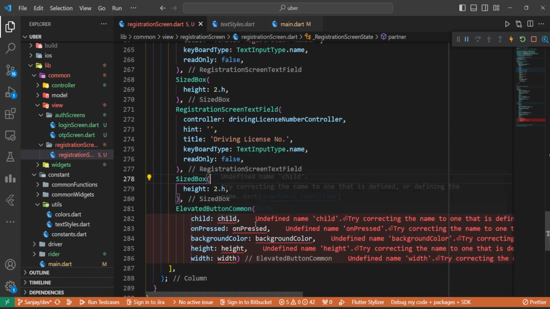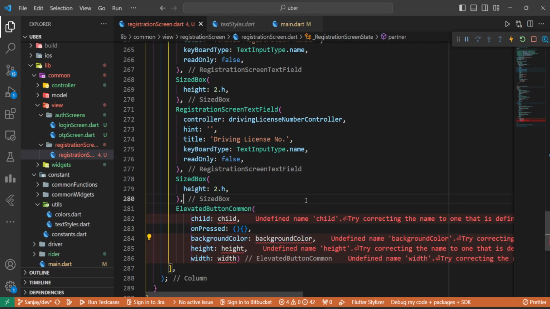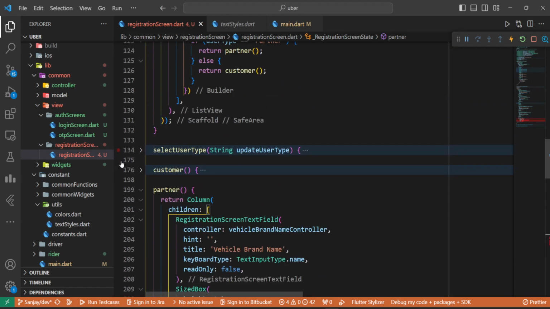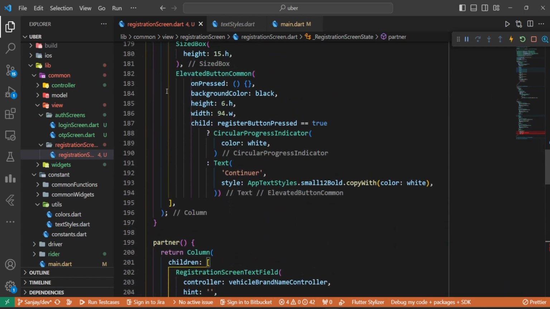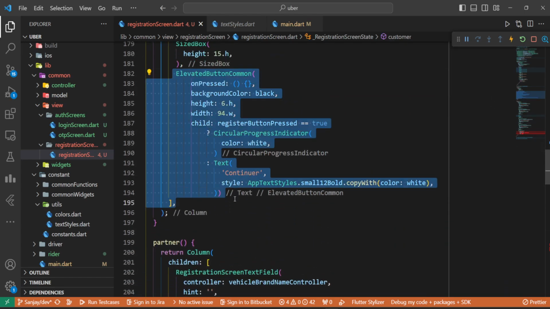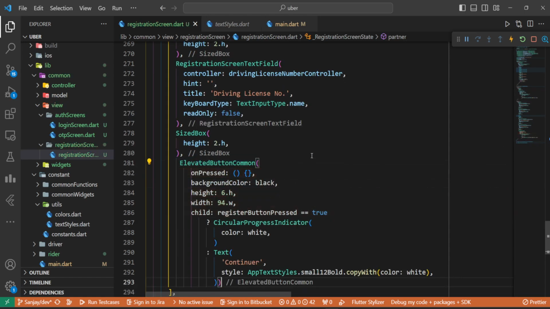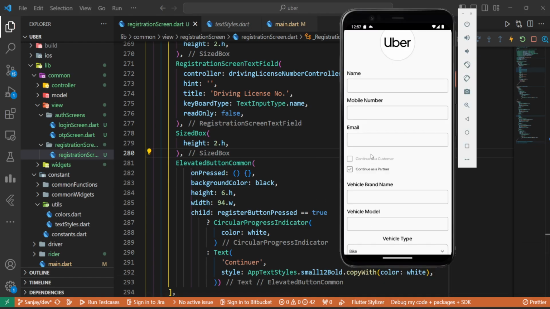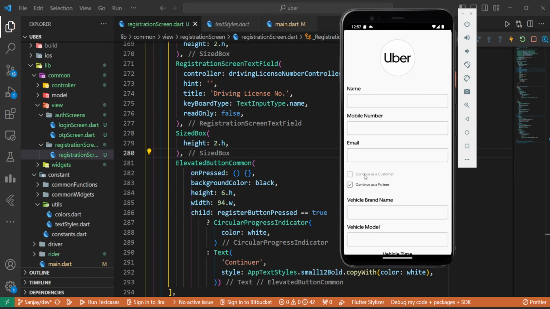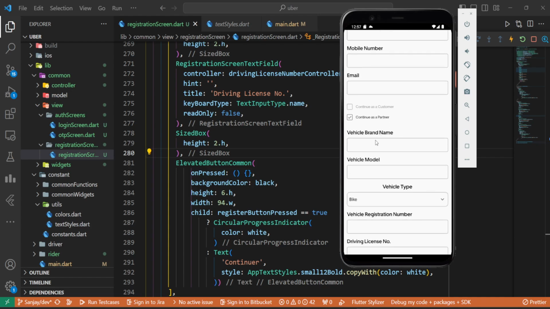And at last we want to introduce elevated button common. Let's save it. On pressed, background color. Okay, we do have the same elevated button, so we can just come up here, copy the elevated button from here. We will come down, paste. So now let's have a look at it. So this is our basic registration screen, or this is the customer registration screen. So in customer we do have name, mobile and email,